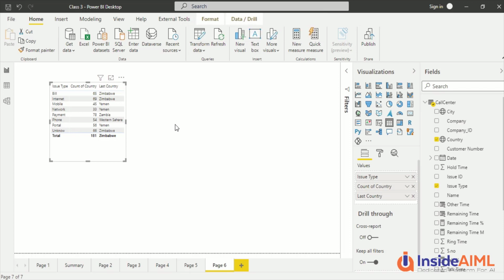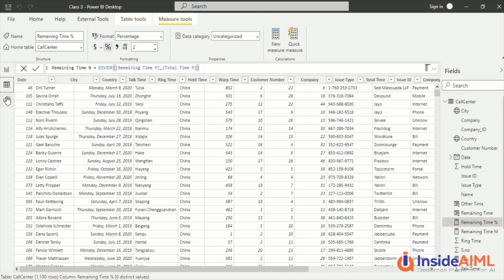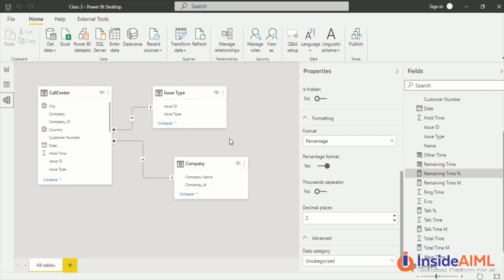So you have seen these options. Now what is missing here in this data model is one of the very important things, which is a date table in Power BI. We are going to quickly create it here for the first instance, but the actual date table and all these components we are going to create later when we explain it in detail. Here we are only going to create a couple of columns, and we're going to do it in a different manner this time, and we are going to do it in a different manner next time. But next time we will take advantage of what we are teaching you here.